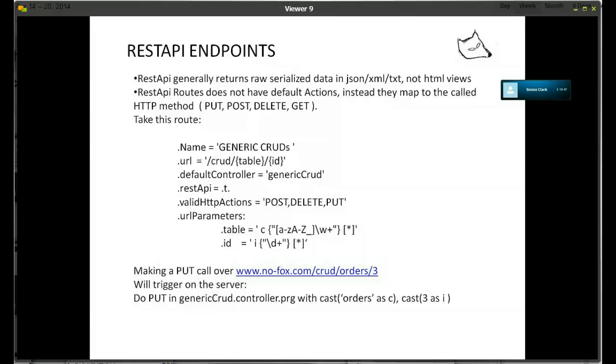You don't need to do delete from orders where ID equals 5. No, you just say delete CRUD orders slash, let's say 12, and this will delete the order ID 12